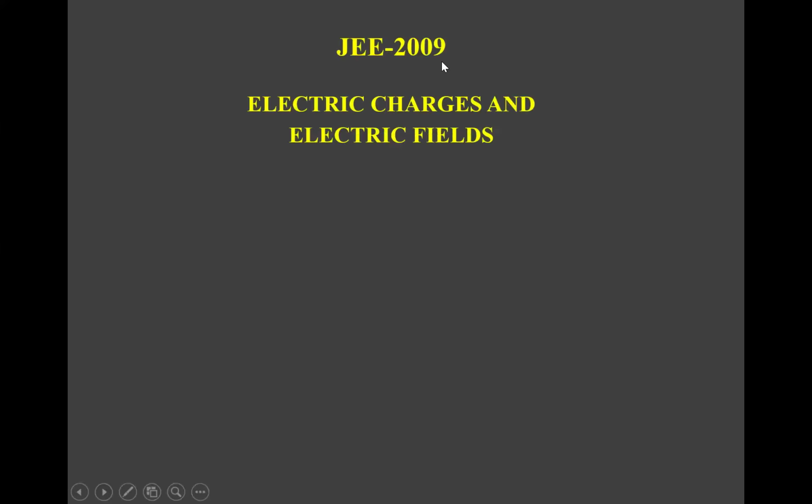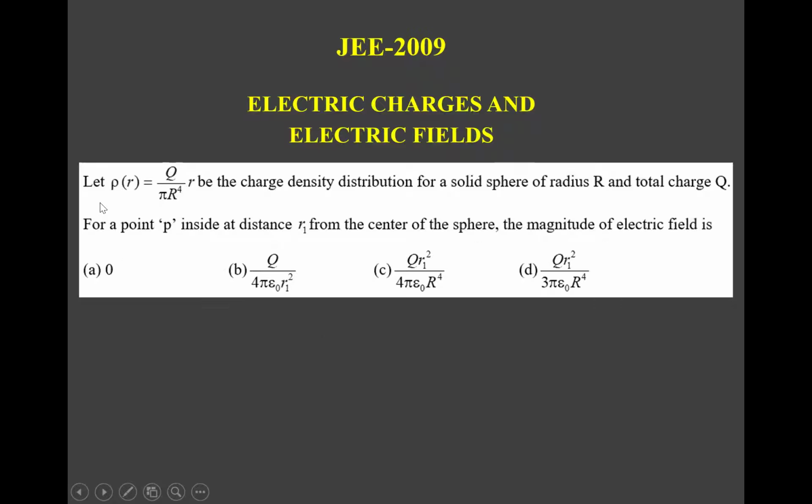Dear students, in JEE 2009, this question was from the chapter Electric Charges and Electric Fields. And the question is: let rho(r) = Q/(pi R^4) times r be the charge density distribution for a solid sphere of radius R and total charge Q. For a point P inside, at a distance r1 from the center of the sphere,